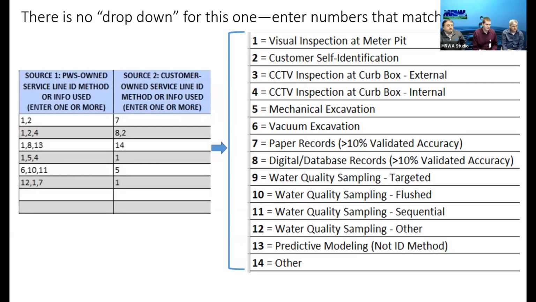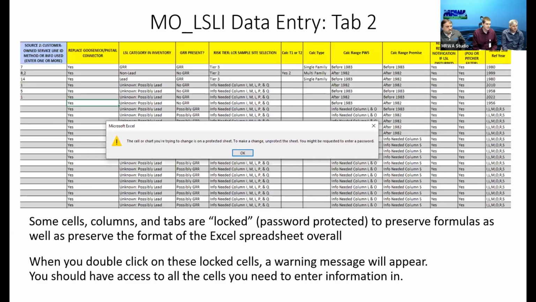We did have a question about one of the columns: is the point of use or point of entry filter in use. That really pertains just to your sample site locations. It's not something you need to know for each one of them, just if you're using a house as a sample site, because that does change the risk tier. So if you do have a water softener, that would make it tier F2.